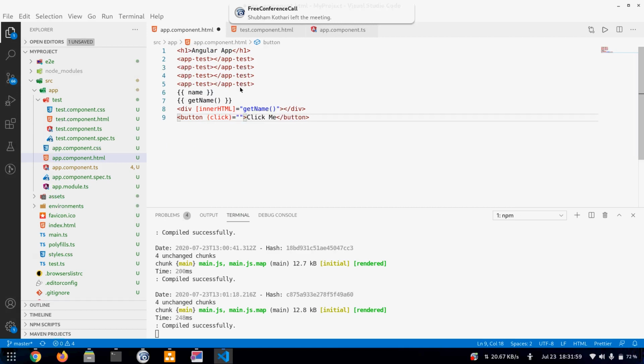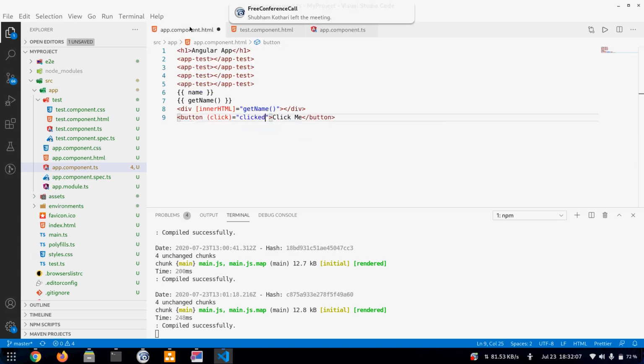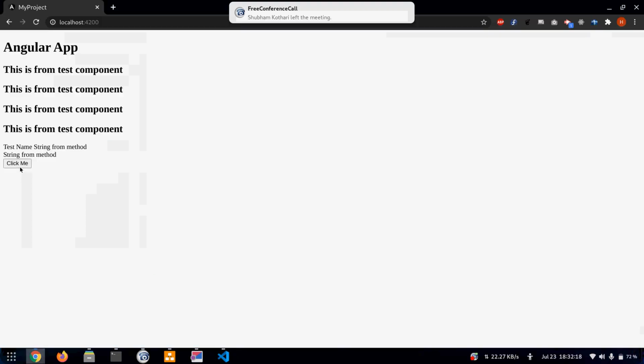Again, the thing inside the quotes gets treated as code, so we can call any method from the TypeScript file, like click. So whenever the click event occurs, this method gets called. Okay, it displays like this.